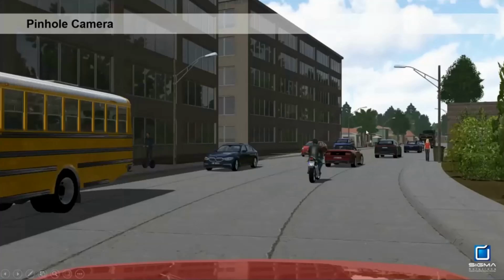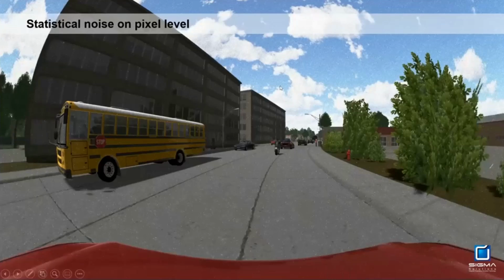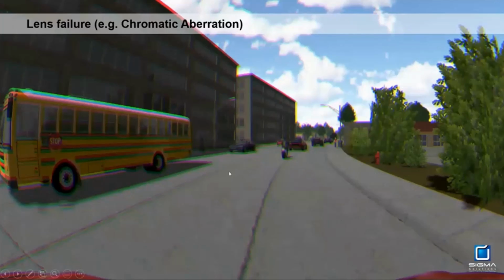Okay, so then this is how the pinhole camera looks, and a fisheye camera, and this is how you could introduce noise to the pixels. Okay, so we see a lot of cases where the noise is more on the image, and we are not able to filter the noise. So you could introduce more noise and improve your algorithms. So this is a lens failure, the chromatic aberration. And this is a YUV pattern, that's another. So the RCCC, you could combine different kinds of patterns, and you can do the